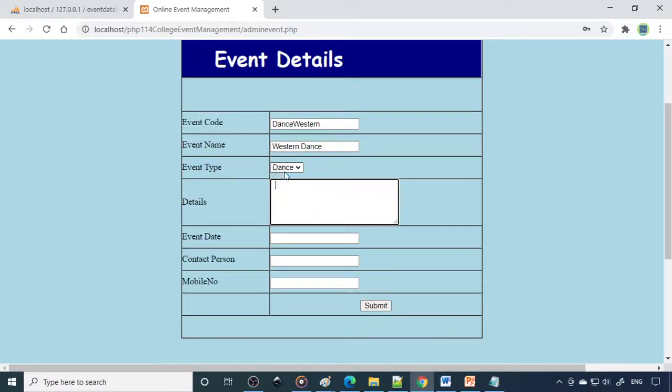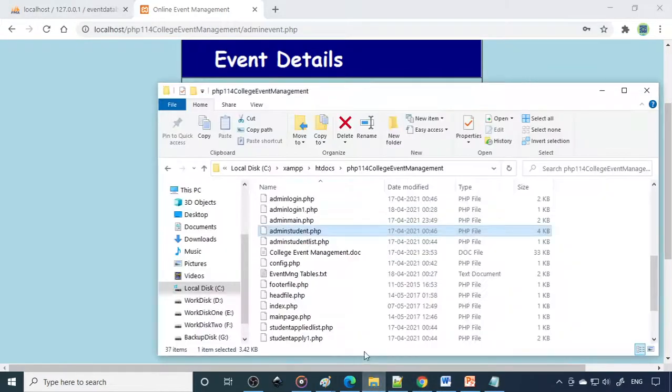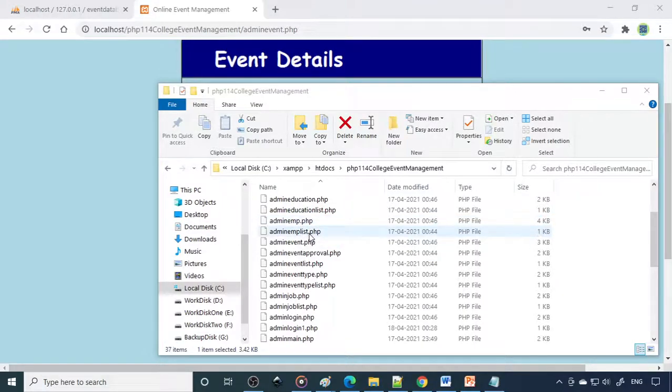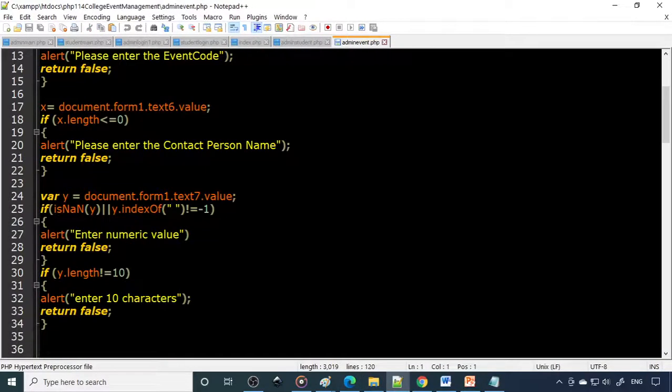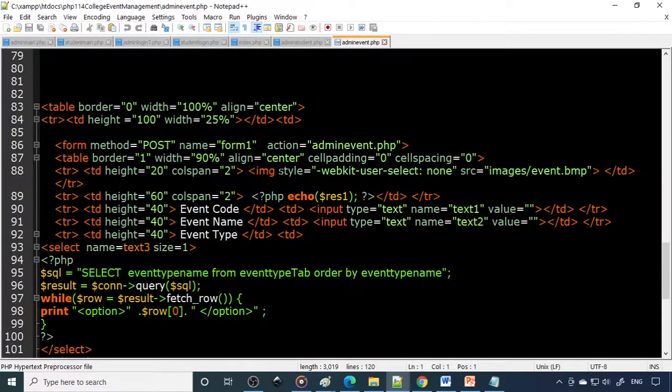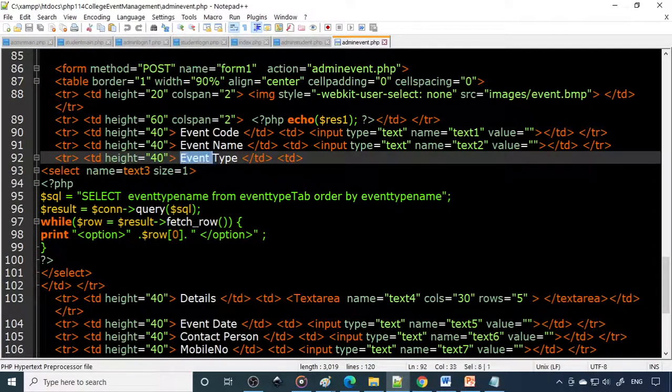Now this is important. The data that is already entered should come over here. So how to bring this data? For that you have to go to admin event. I'll show you this. So here is admin event. If I open this, you can see event type.